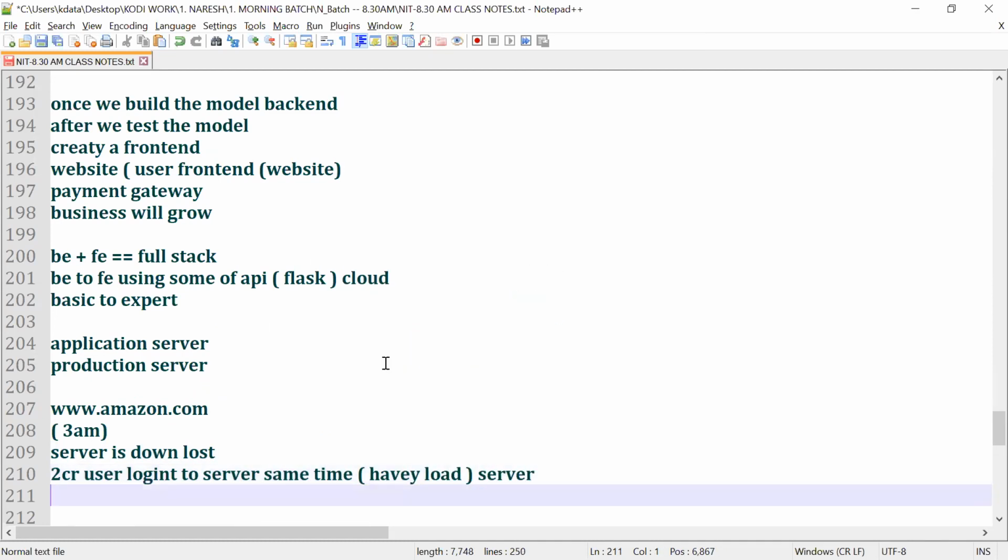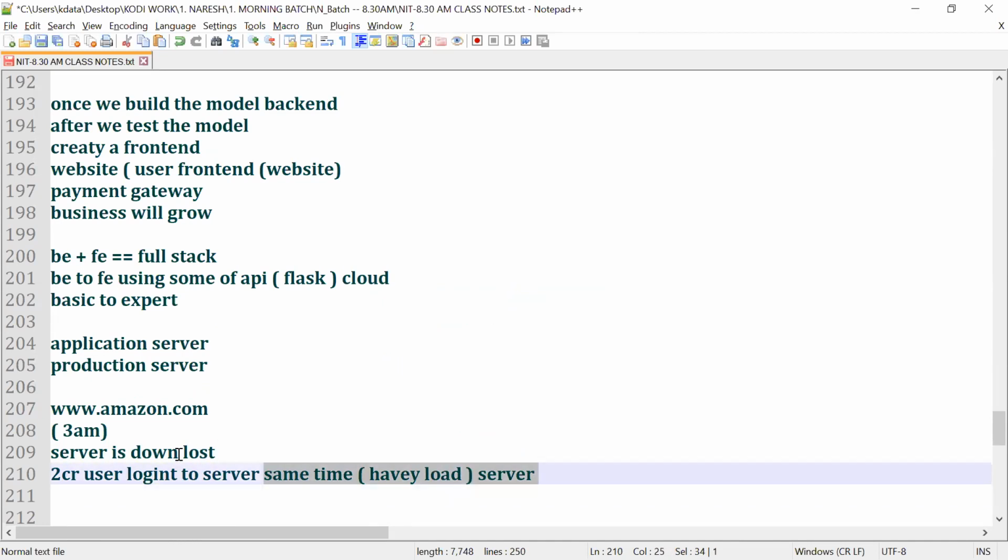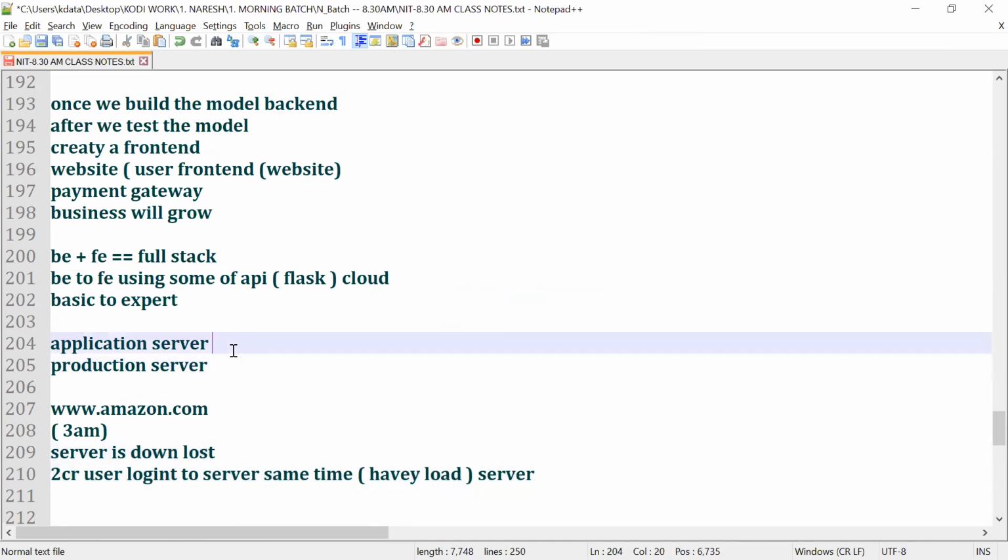So how do developers manage all those things? Do you understand, team? There are a lot of big concepts behind this, guys: load balancing, horizontal scaling, vertical scaling, a lot of things. But I'm just giving you some examples because deployment is very, very important.